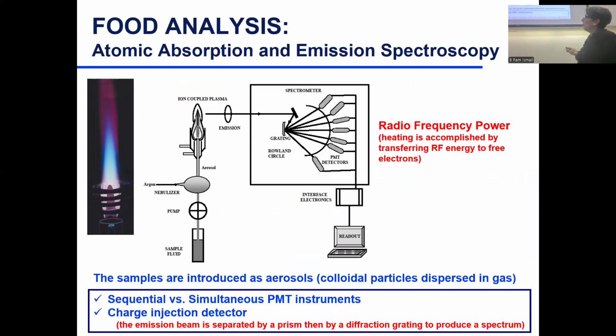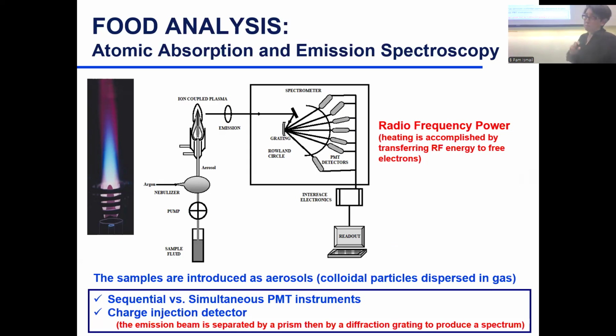So the same thing, you have a pump that pumps up the sample from a tube into a nebulizer. You get the mist into the plasma instead of a flame. So you have this radio frequency applied to a copper coil, and then the temperature of the argon gas increases, and then we get ionized gas, which is the plasma, and the sample gets atomized, excited, and then they emit light, and the light goes into the detector unit where you have a monochromator